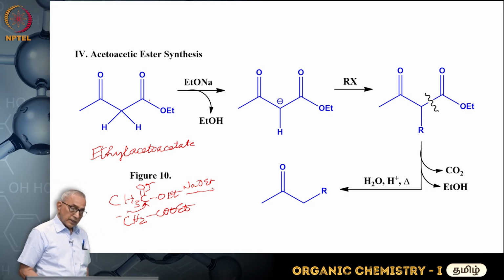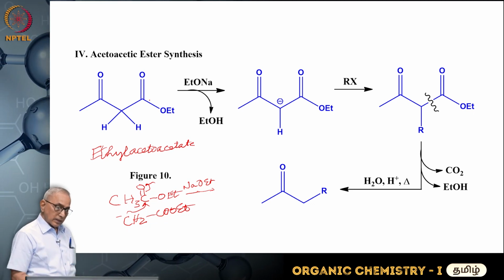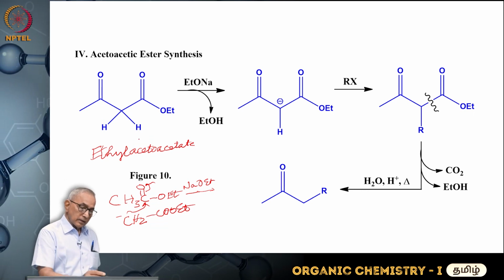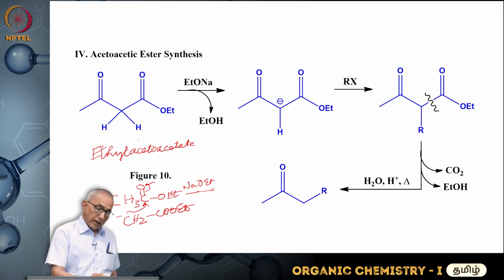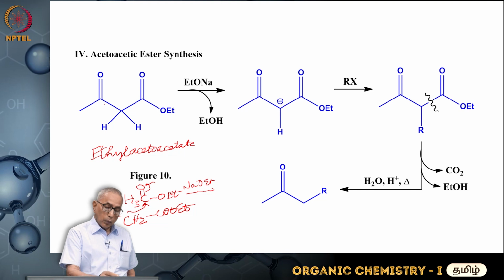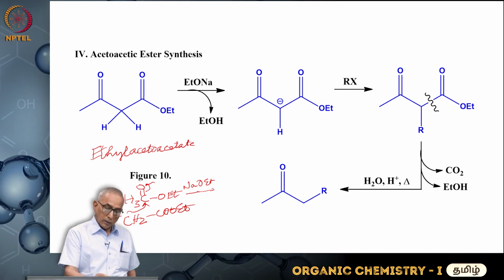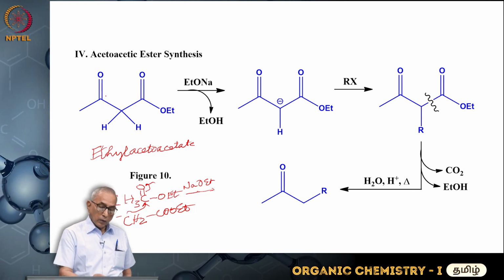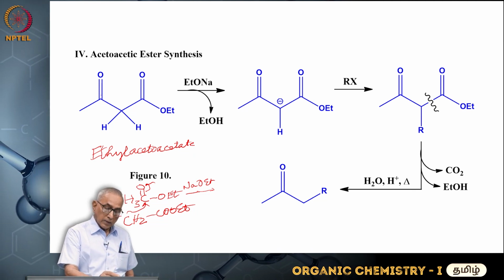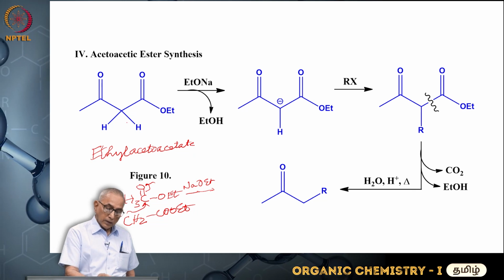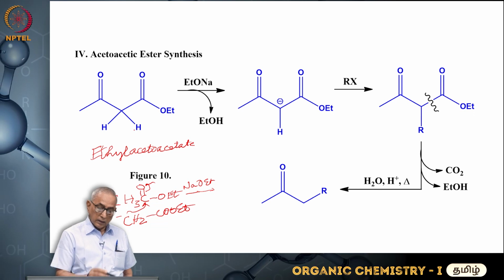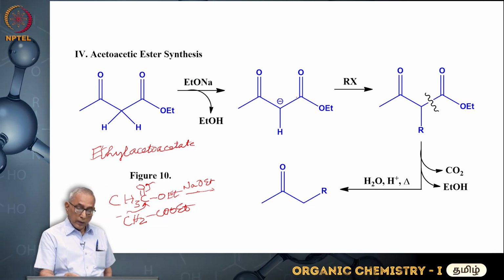If you take the ethyl acetoacetate and treat it with sodium methoxide, again it will abstract this hydrogen. This hydrogen is very acidic because it is flanked by 2 carbonyl groups. One carbonyl group on this side, one carbonyl group on this side. So the hydrogen becomes very acidic because this is electronegative, this is electronegative. So this becomes very easy to break and ethoxide will take this hydrogen as a proton and you get the anion